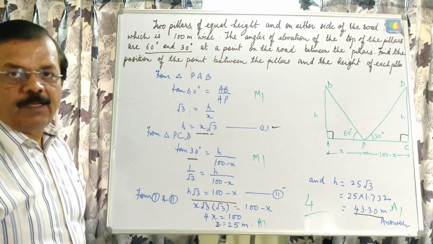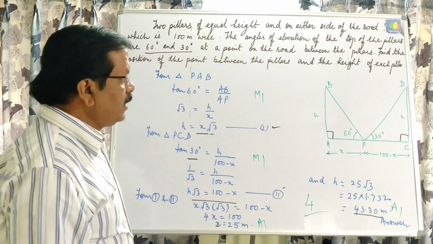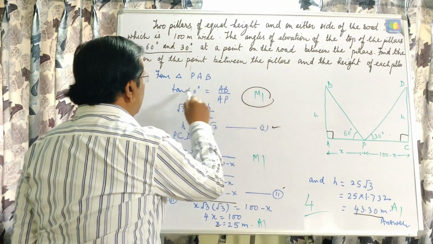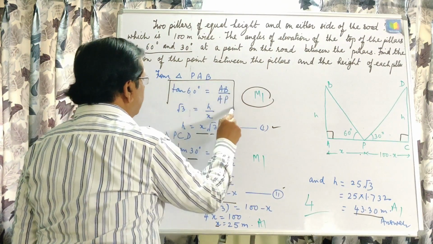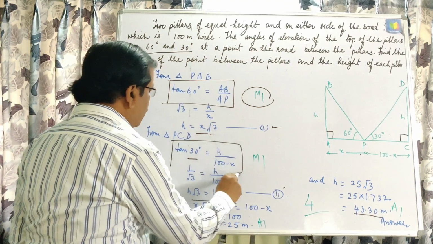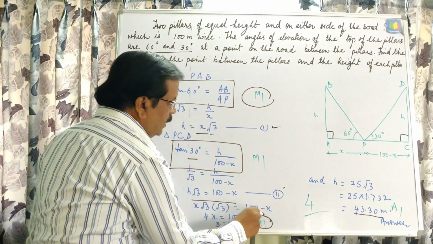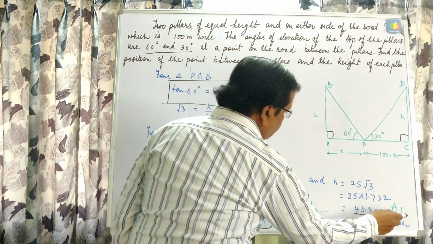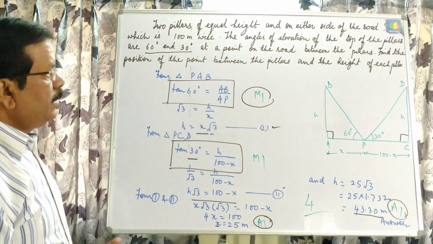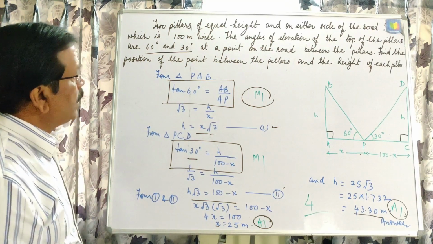This is also a very important question and asked so many times in board examination. As far as the marking scheme, 1 mark will be given for the correct ratio written. Second mark will be given on this ratio, and third mark if this answer is correct, and fourth mark if this answer is correct. No independent marks are allotted when this question is asked in board examination. Okay, this way it is a 4 marks question.